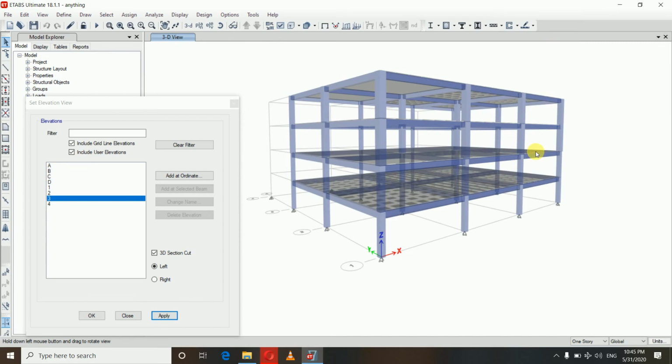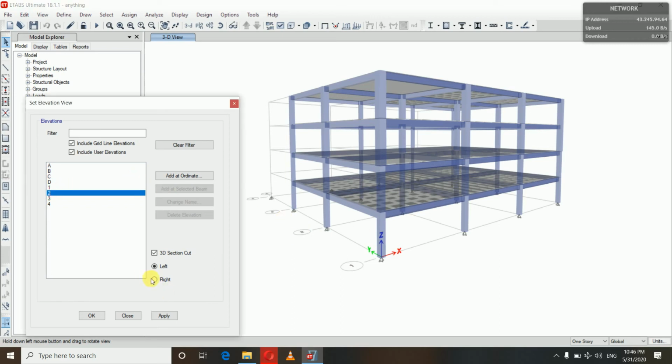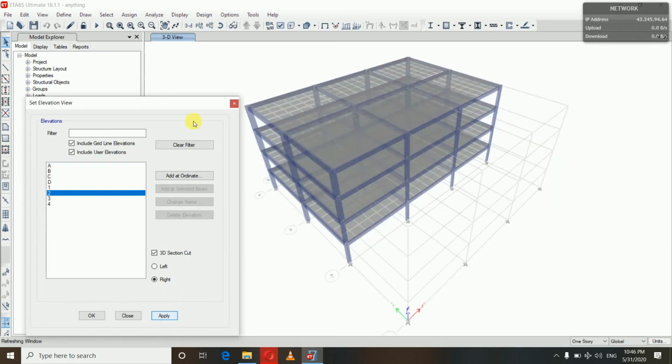And again, if you want to cut the right portion of grid line 2, go to the grid line, select the right, choose 3D section cut, and then apply. So here we can see all the interior parts of the building that you want, by cutting away the portion that is not required.